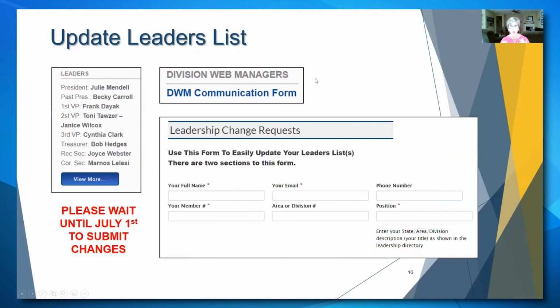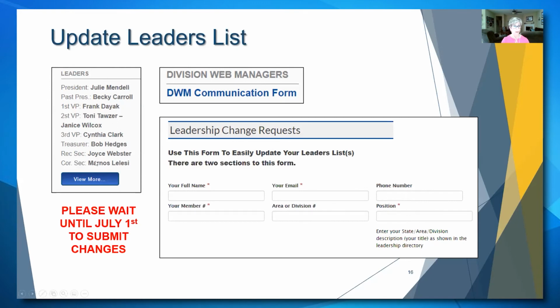So now we are currently in the process of rolling out a simplified online strategy to update your division leaders list, okay? It's not all the way done. So over here in red, please don't try this process out until July 1st. Okay, after Tuesday's tutorial, we ran into a few glitches that we're trying to solve right now,